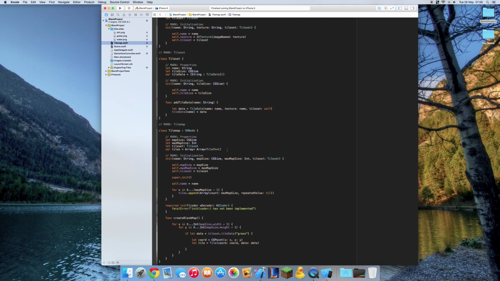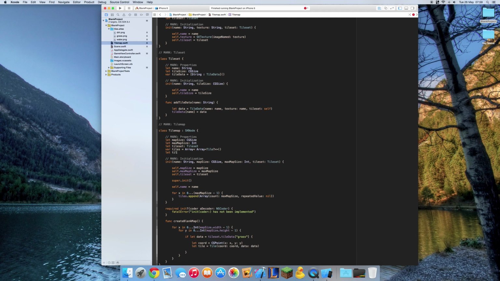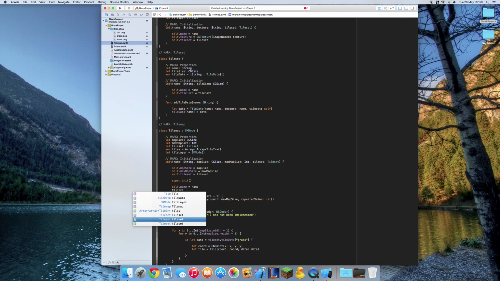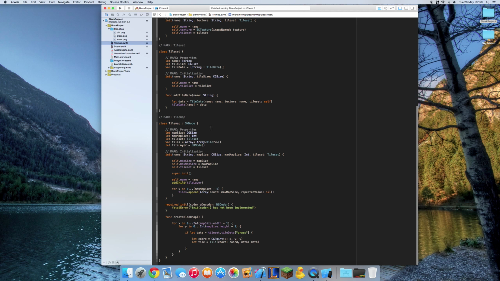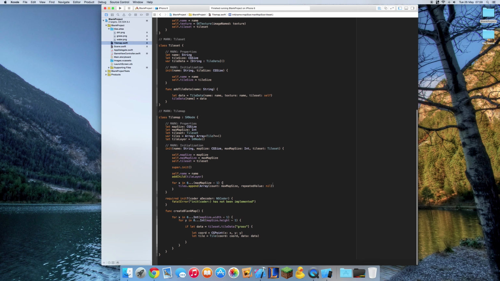Before we do that, we're actually going to create another tile layer. We're going to create another node that we're going to add to this tile map. The reason I do it this way is because if you think of how Sprite Kit works with its anchor points, when we add a tile to the tile map, when we're positioning the tile map and we're scrolling it around the screen, which we will eventually do,